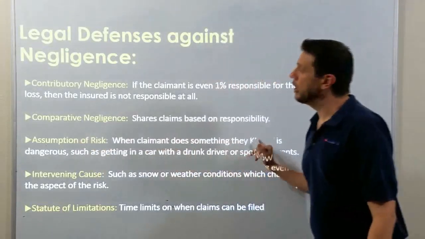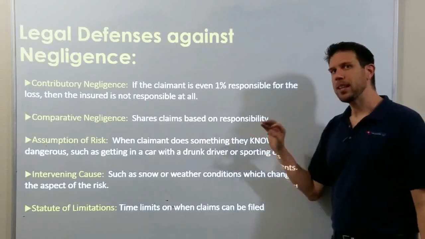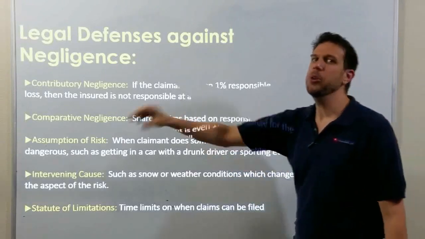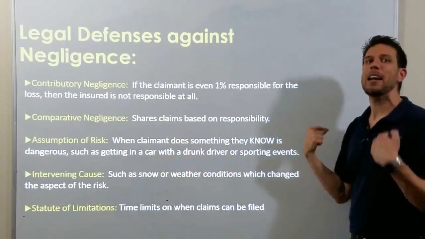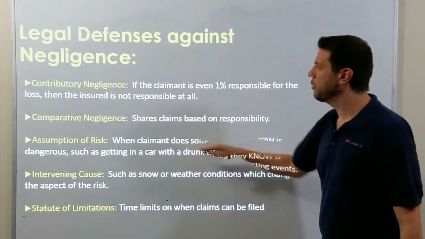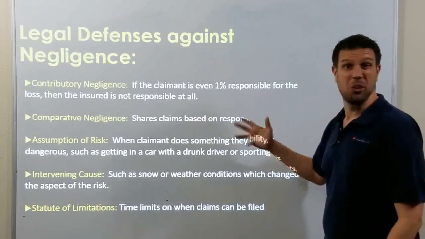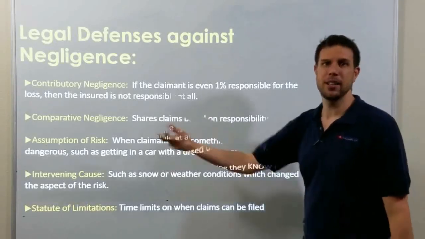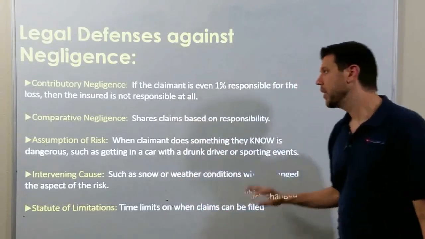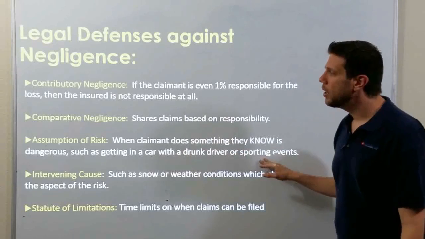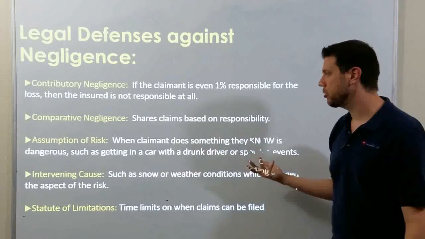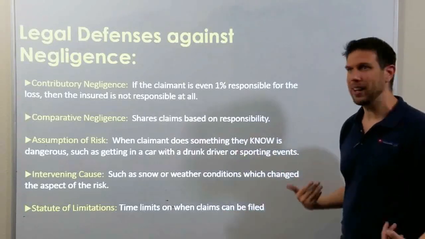Assumption of risk is a really good defense against negligence. This is kind of like blaming the victim. You say, dude, you knew what was going on. It's not my fault that you decided to do this. So for example, let's say you and your friends are out drinking and you don't want to drive. So you give the keys to your other friend who's also drunk. Then you both get in the car and get in a car accident. If you tried to sue your best friend, they would say, no, you assumed the risk when you got in the car with a drunk driver, so it's not your friend's fault that you got in an accident.